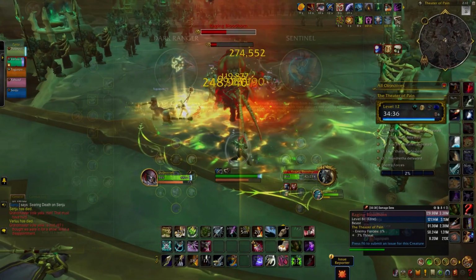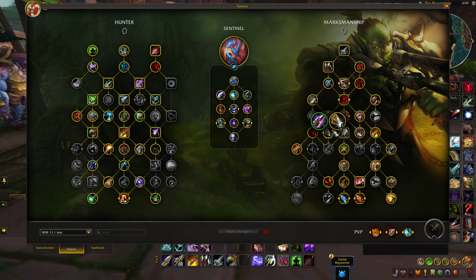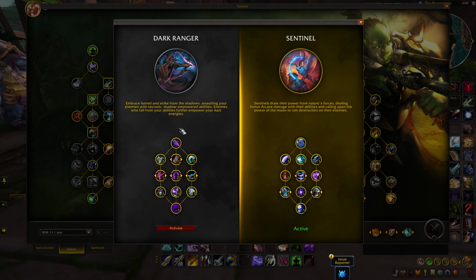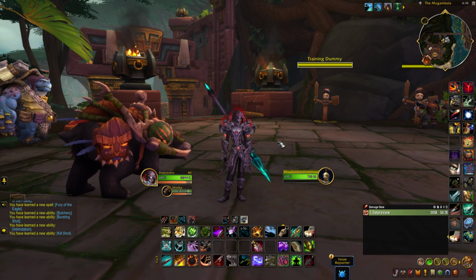Outside of this, Black Arrow for Dark Ranger has also been buffed up just like it was for Beast Mastery. It's also buffed up for Marksmanship by 15%. And now there's a lot more Dark Ranger specific synergies that have been buffed up, like the auto attacking benefits like Obsidian Arrowhead as well as Razor Fragments. So now there's an opportunity for you to test out Dark Ranger as Marksmanship within dungeons and see how well it performs, because it looked like last week most people were Sentinel, but this week I think Dark Ranger may actually be pretty functional. And lastly, we have the spec of Survival Hunter, which is also going through a number